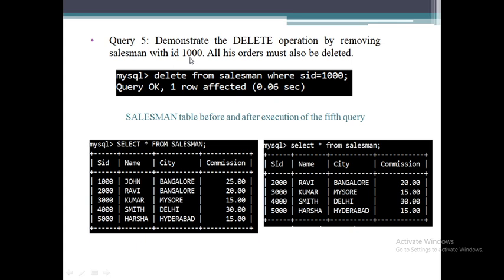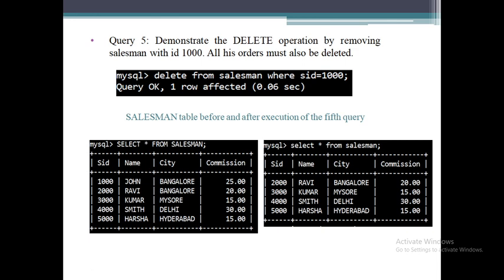Make sure that whatever value you give here is there in your salesman table, that you have to check. Otherwise you'll get an empty set. Now here 1000 is there already. Another condition they have mentioned: all his orders must also be deleted.